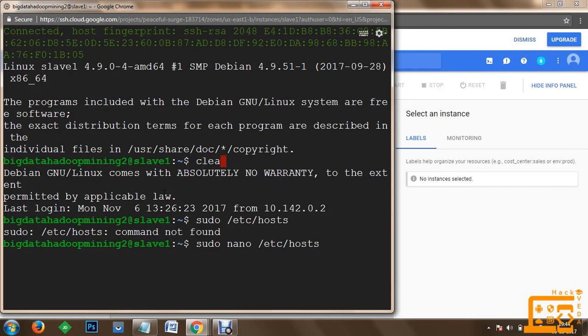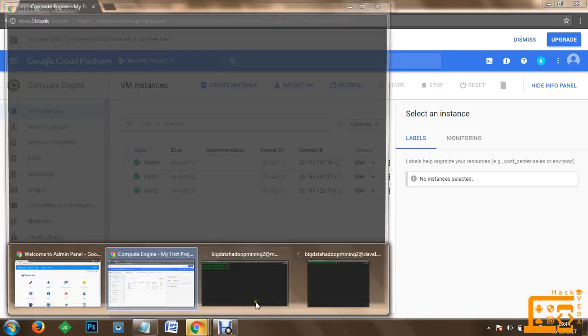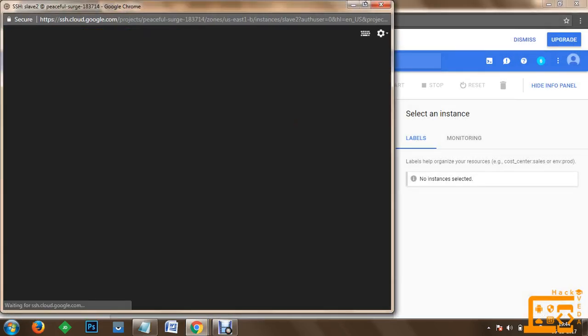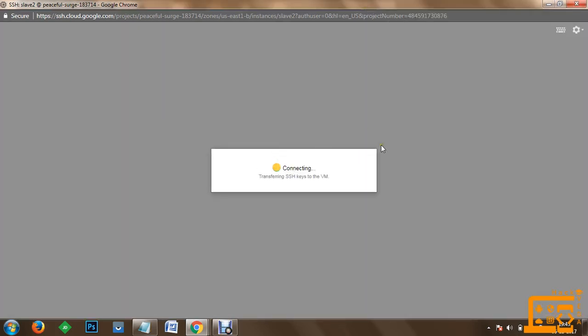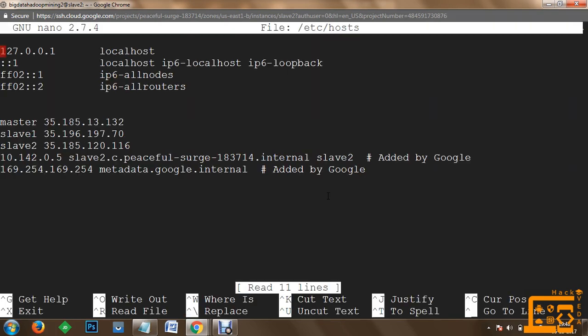Now in the same way, we'd like to start the third instance, and that is slave 3. Let's modify the host configuration, /etc/hosts. Within this information, we're going to update the information here.